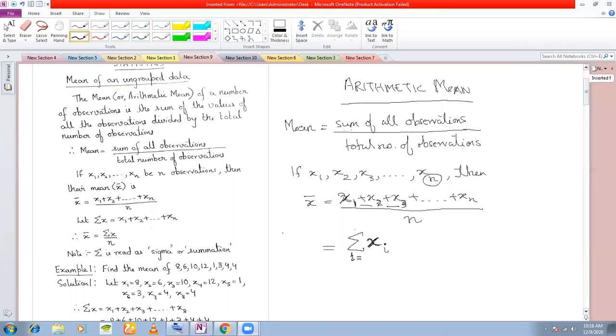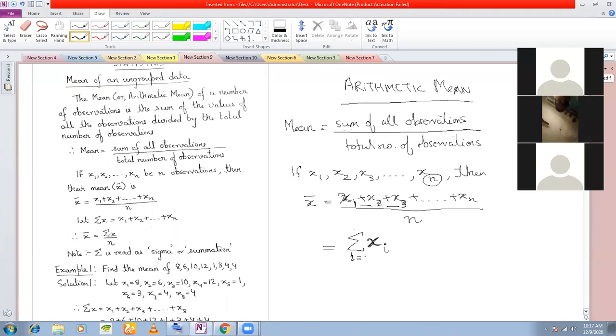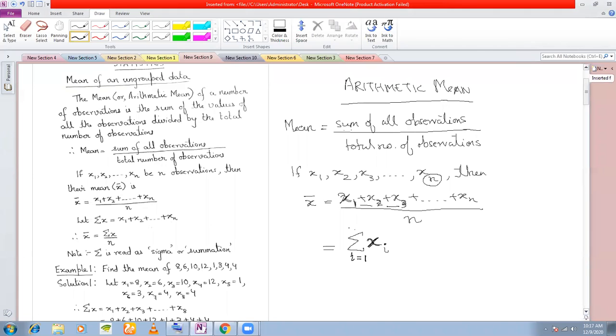For what value does i start? So i starts from 1, from x1, and i finishes at n. So i is equal to 1 to n. Sometimes we write i is equal to n also. Xi divided by n. Okay, this is the notation